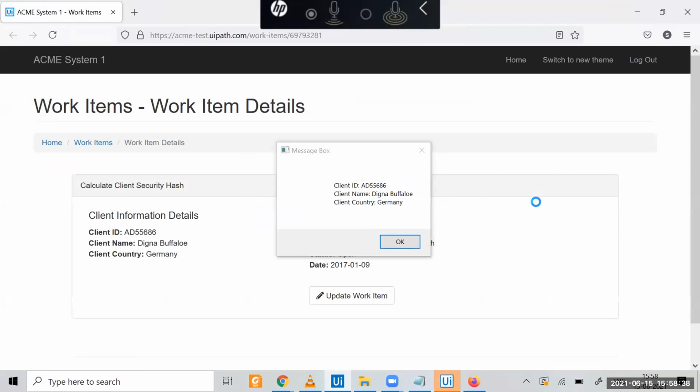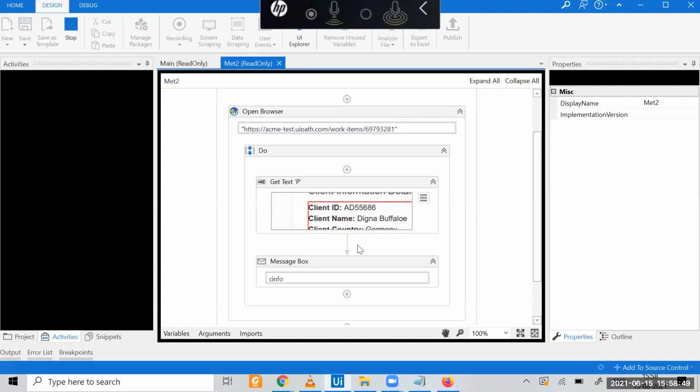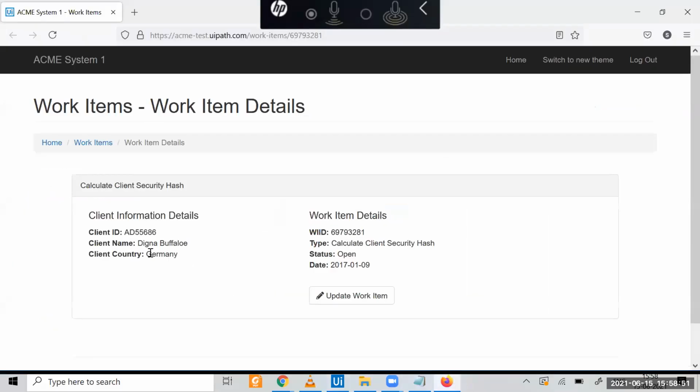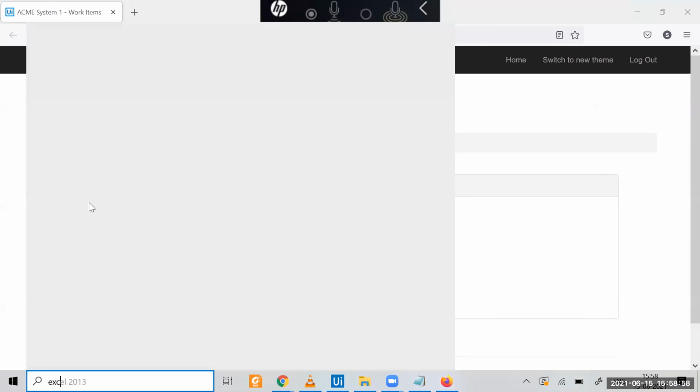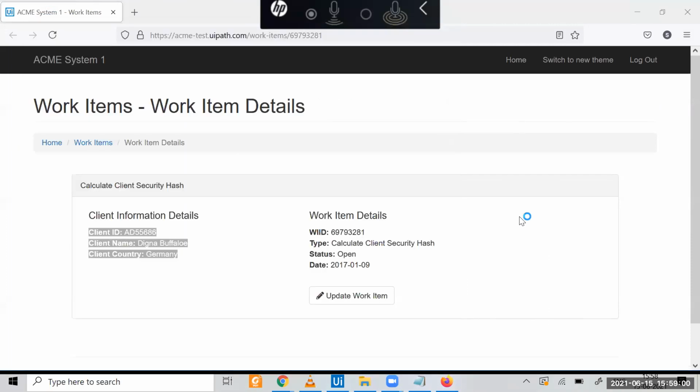Okay, so now if you look at this one, this is client ID. I'll show you an interesting thing about this. I need to take this, copy it, and take it to an Excel file. Let me open an Excel file for you.